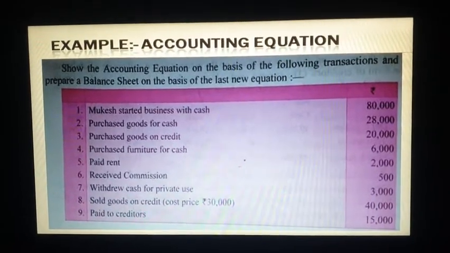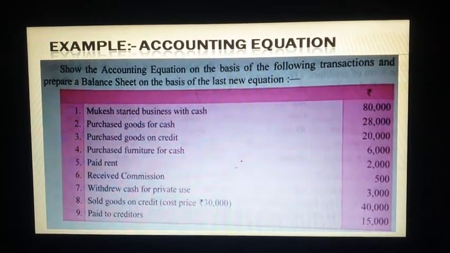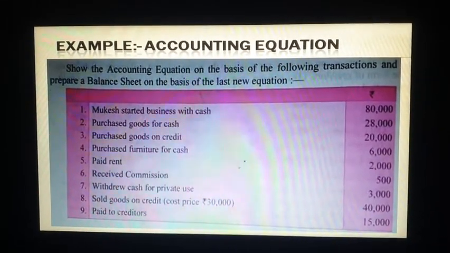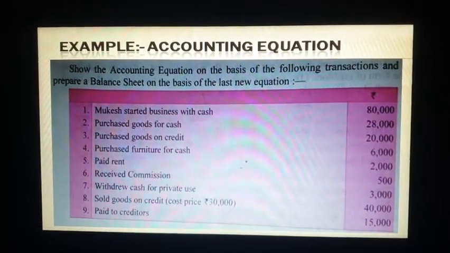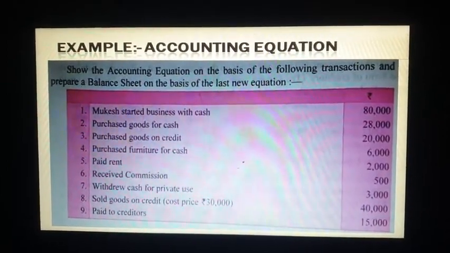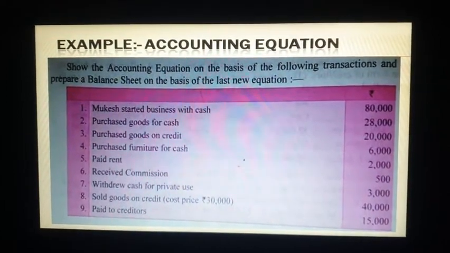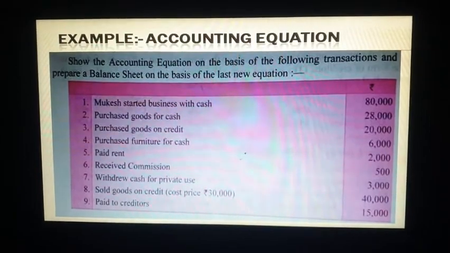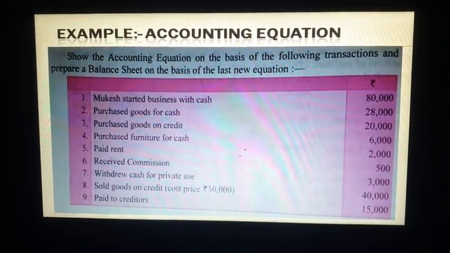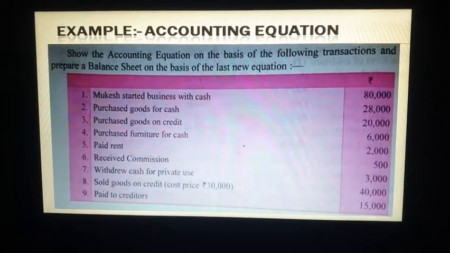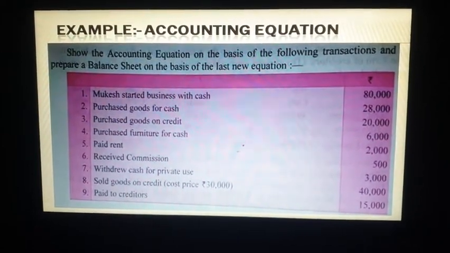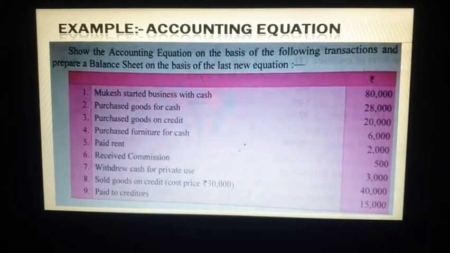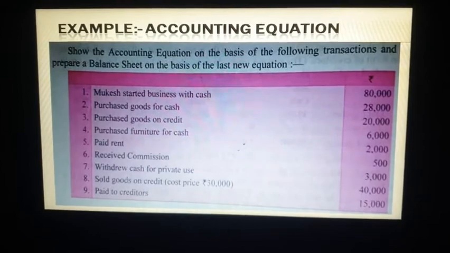Now come to the point number 3. Again purchase goods. Then this will affect stock. But now the case is that we are purchasing on credit. Credit means that we have to make the payment, or payment is still pending. So in this case, two impacts are there. One is on stock and second is on liability, that is called creditors. So both the impacts will be on the asset side and on the liability side because it is on credit. Credit means the payment is still pending.